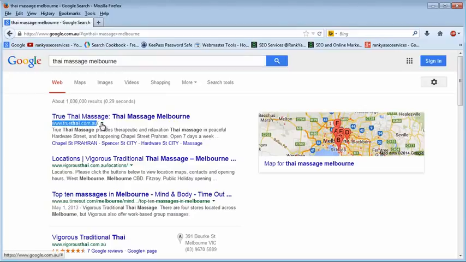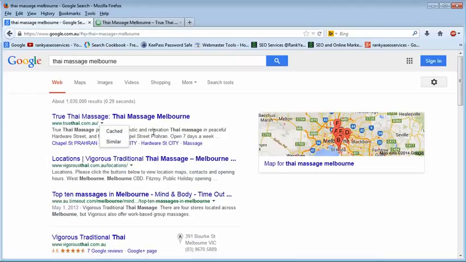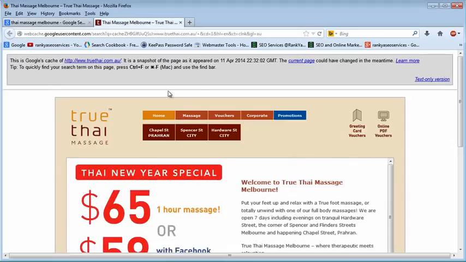You see, you got this little icon here. You can press on that and choose this cached option, right click, open a new tab. So if you're using Internet Explorer, Chrome or Firefox, try to learn to open things in a new tab to be more efficient. Okay, so this is the cached version